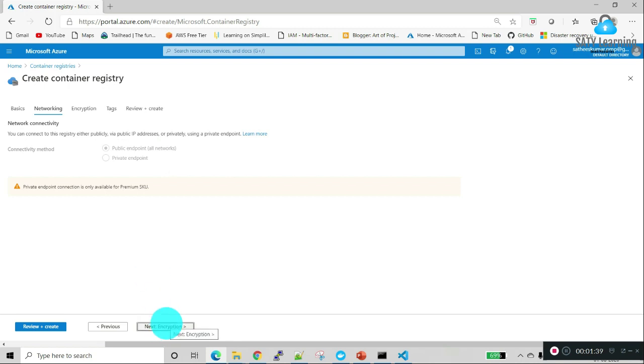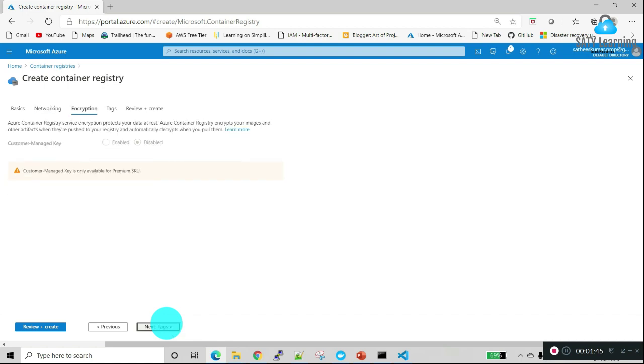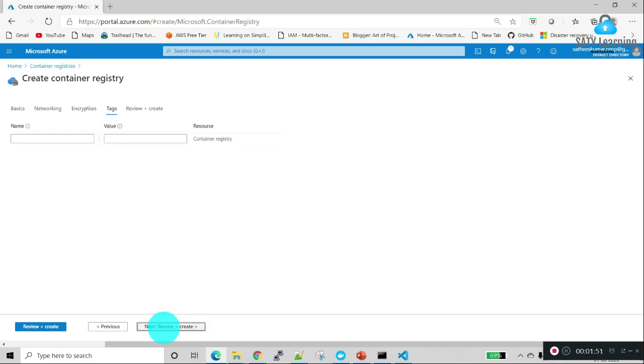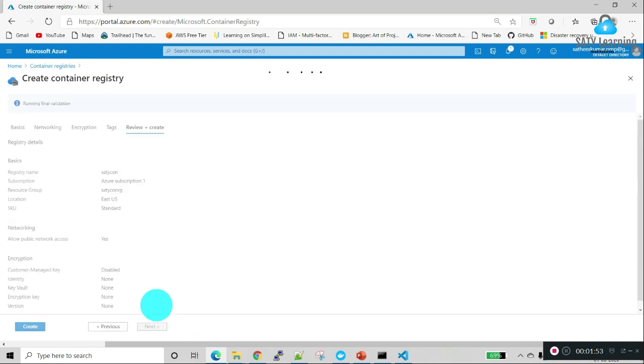Networking, there is no change required because we are using general purpose access. It's a free tier actually. I will keep all other properties as they are, and I will create.